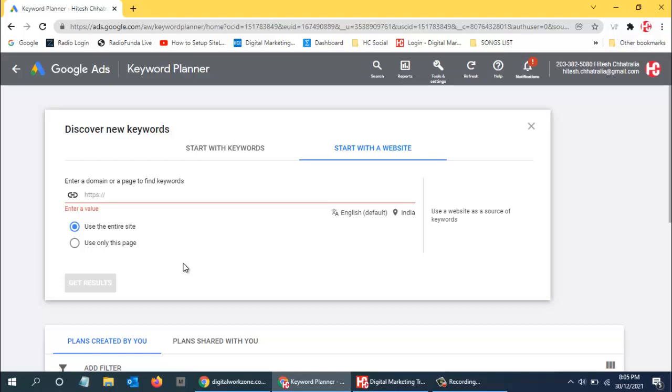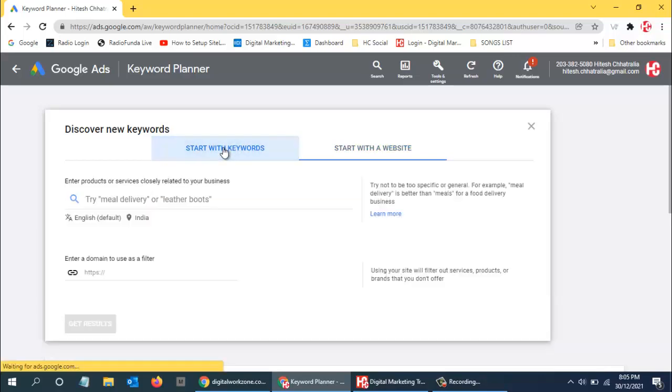So I will get all the keywords that website is using. Then I'll get to know that okay, these are the keywords these people are using, so let me use those keywords also. If they are ranking in Google, good; if they're not ranking, then it is of no use, even if they are competitors. So only for the websites which are ranking in Google can you use start with a website. Or else if you just want to analyze which keywords are working on your website, you can use this. In Search Console we had seen the search queries which people are searching and coming to your website. Those keywords are the most important keywords that you need to optimize on your website.